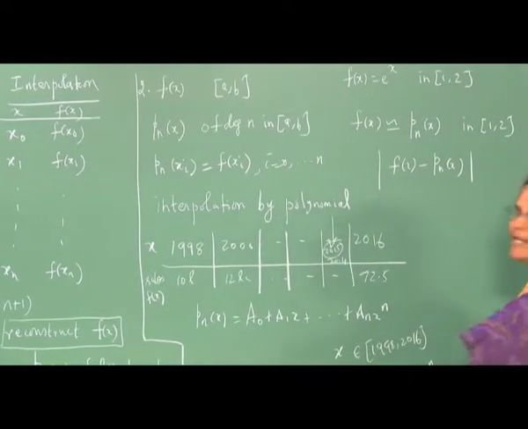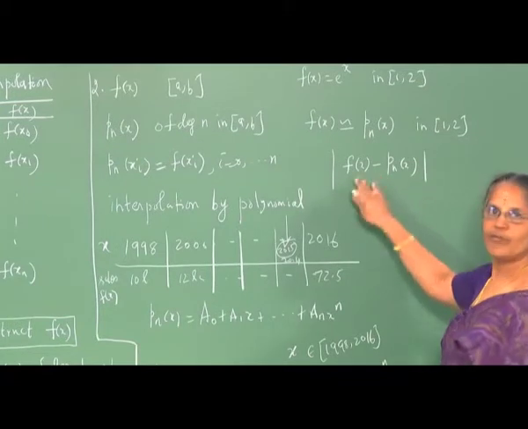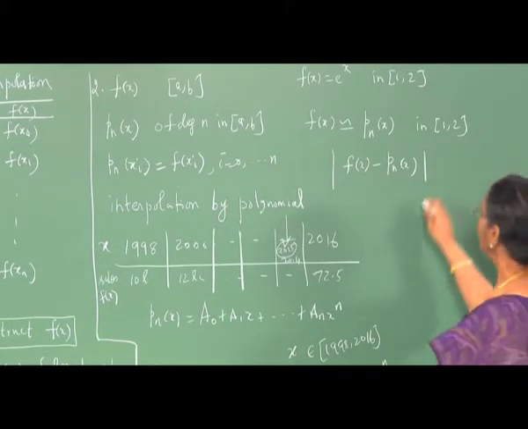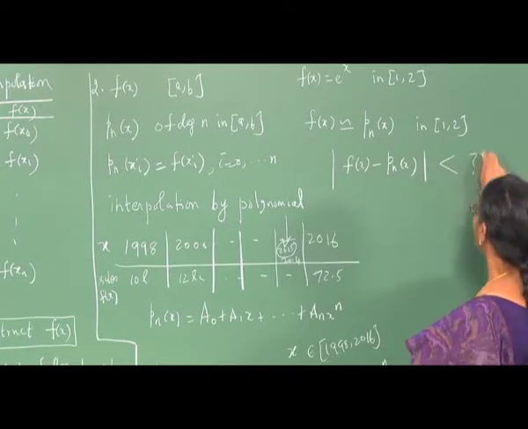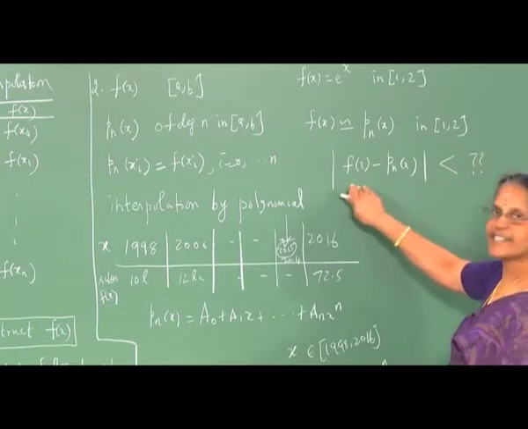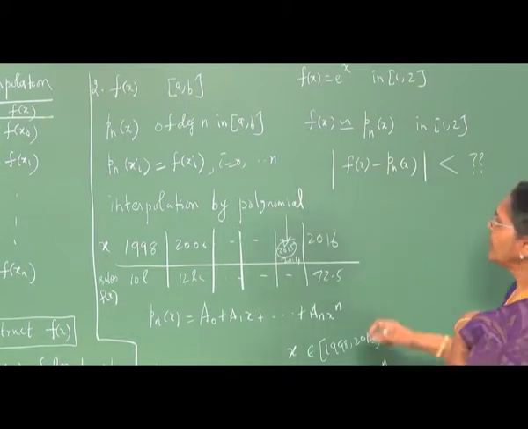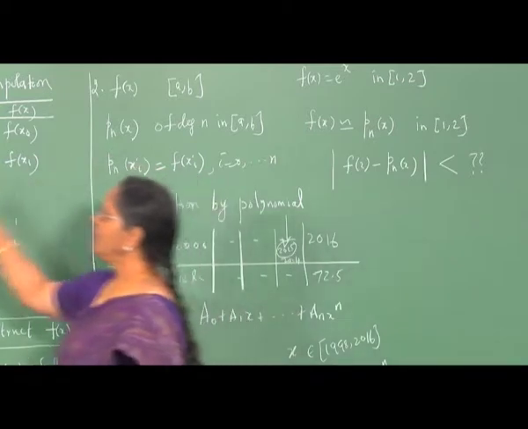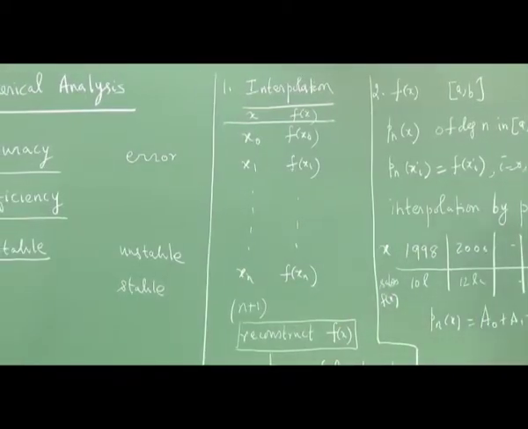So, we should be able to see what the bound on the error is, namely the absolute value of the difference between the two, and see whether it can be made less than some quantity at any x which is in 1 to 2. So, we will be concerned with the accuracy of the approximation that we have made